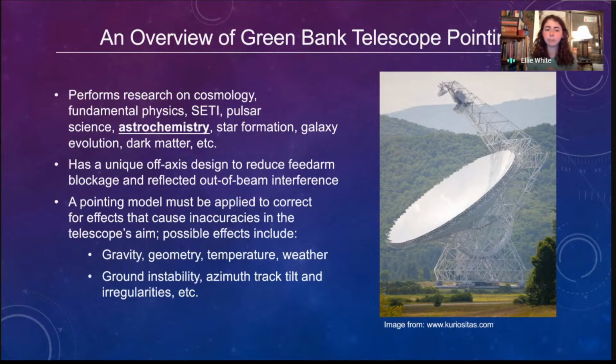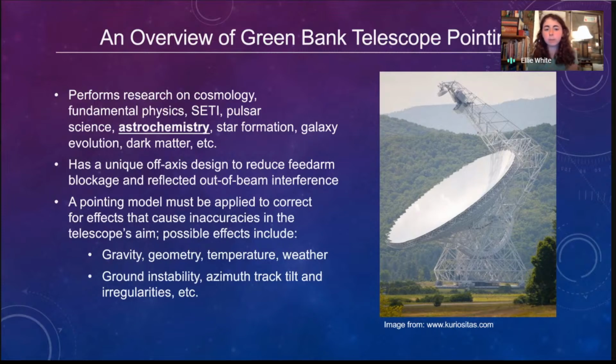So one thing that you have to be mindful of is gravity. Gravity can have an impact on your pointing direction. It can cause this structure here, which is again called the feed arm, to bend, which changes the direction that you're pointing. Gravity, of course, can deform the rest of the structure as well. Any kind of deformation can cause pointing deflections.